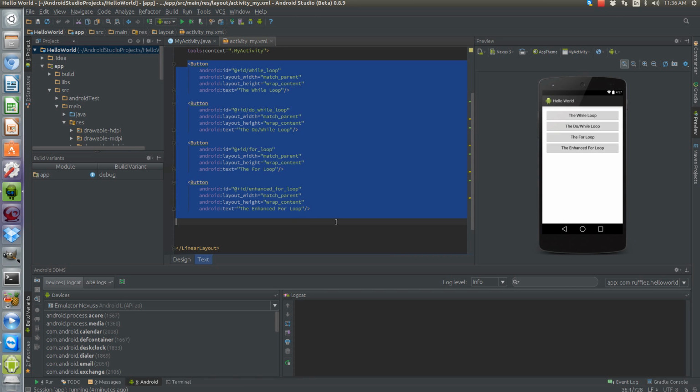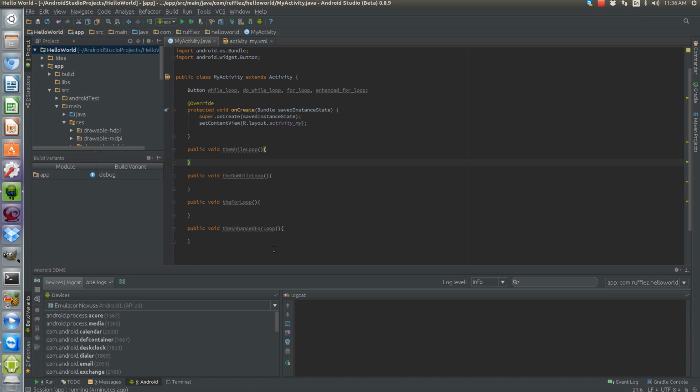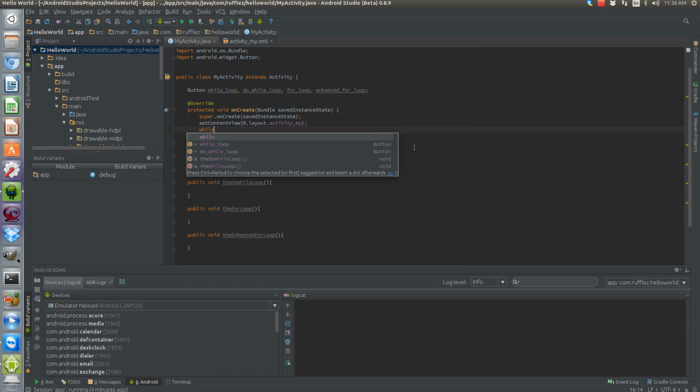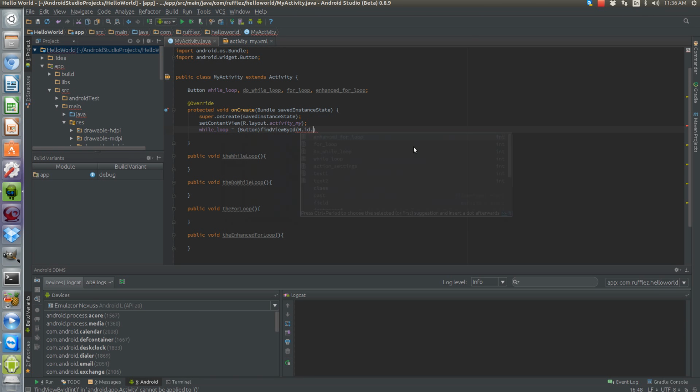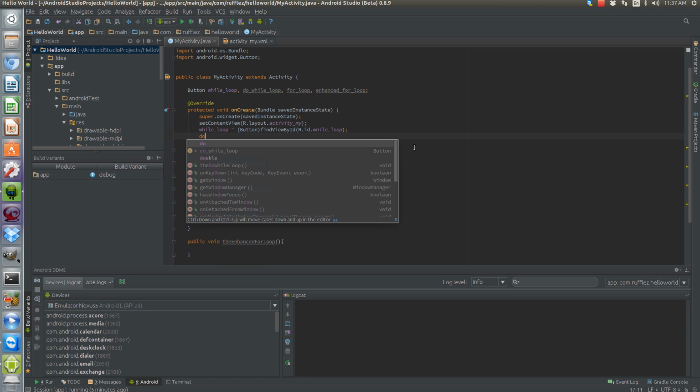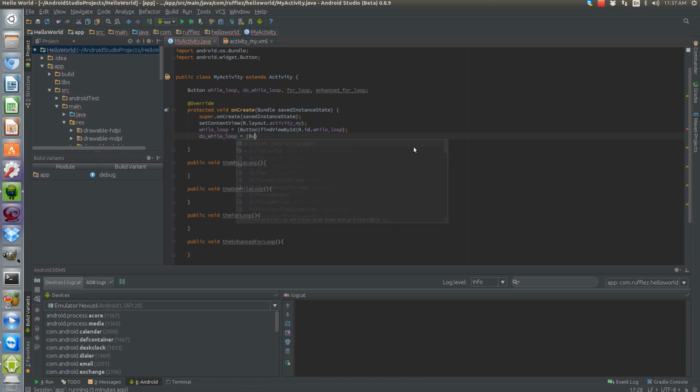Right now, all I have is 4 buttons that we're going to use to run each command. In our activity, none of these are actually doing anything yet. We have our 4 methods that we're going to run for each button. So let's initialize each button right now. So while loop equals button findViewById R.id.whileLoop. Okay. Do while loop equals